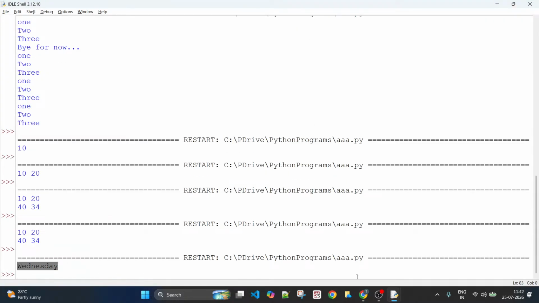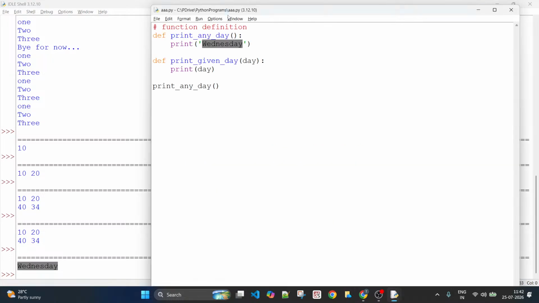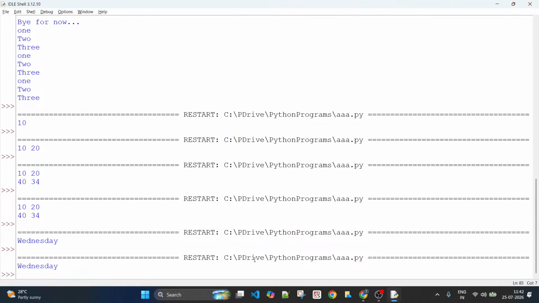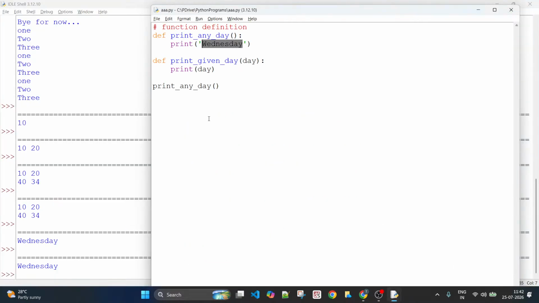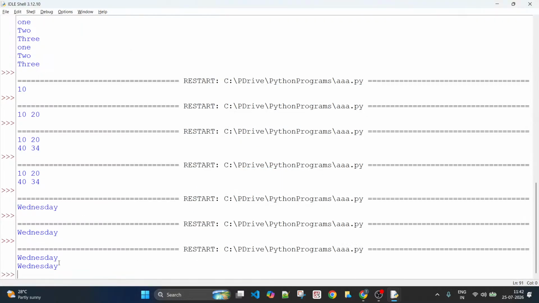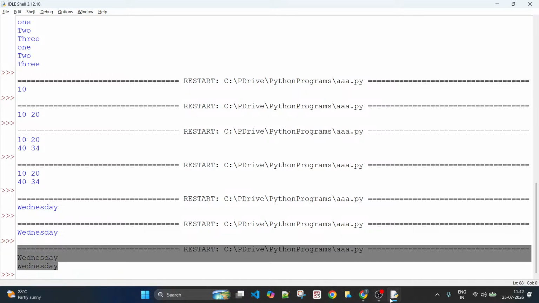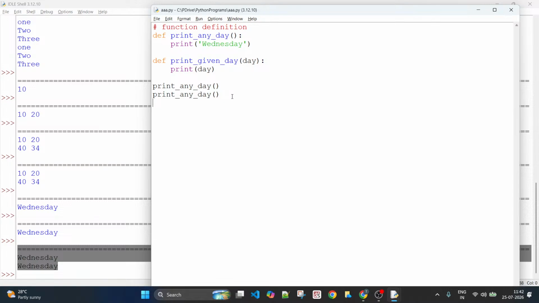You see the output Wednesday. I run this program once again, it would produce the same output, right? What if I call the same function again? Reusability means write once, make use of it many times wherever you want. You run this, it will print Wednesday two times. Why? Because the first time you call this function, the control will come here and print, and you are done with this.